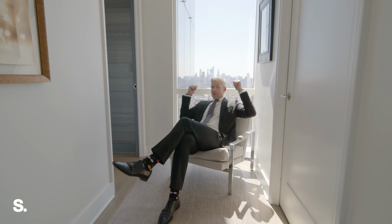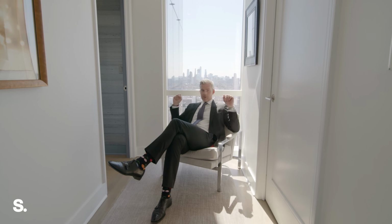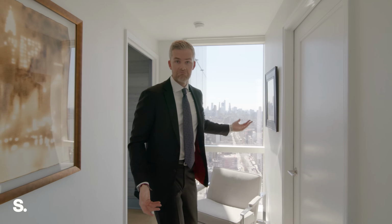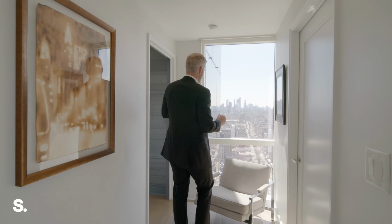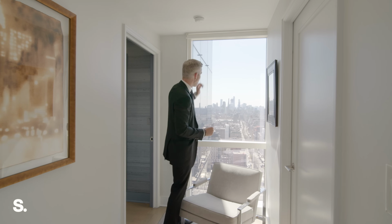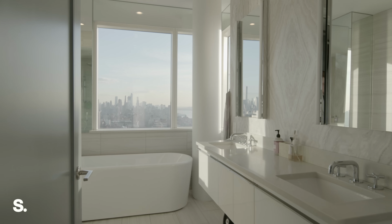But big view behind me looking all the way downtown. These are the little details about this apartment that really stand out to me, because this easily could have been a wall, right? It's just a hallway. You've got a laundry room here. We're going into our primary suite here. But no, we gave ourselves a nice picture window looking down over our terrace, looking all the way downtown. Now come on. But before we hit the bedroom, we've got to check out the bathroom, which is more like